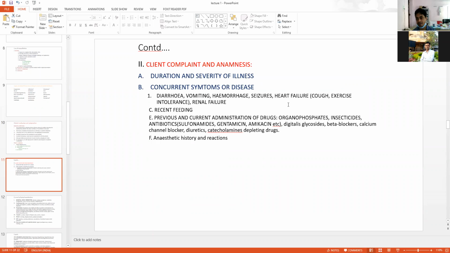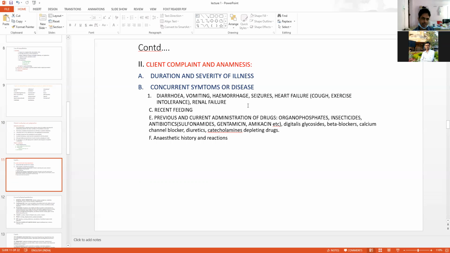Suppose the animal has seizures and you are planning to administer ketamine, then what will happen? Ketamine decreases the seizure threshold, and whenever the animal has a history of seizure and you administer ketamine, then what will happen at the time of surgery? You will notice recurrent epileptic seizures. So it will be very problematic. So that's why you have to record history about renal tolerance, cough, exercise tolerance, all of this, before